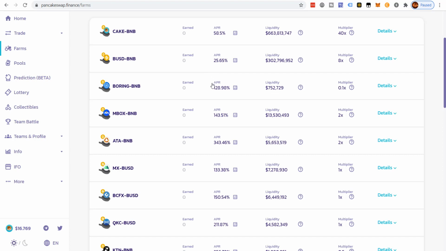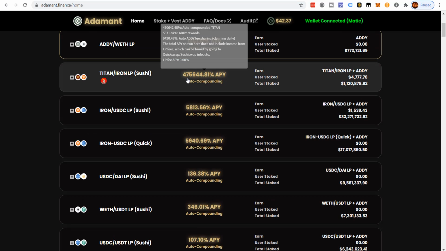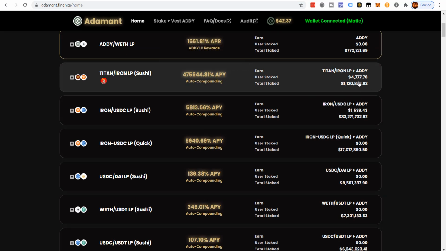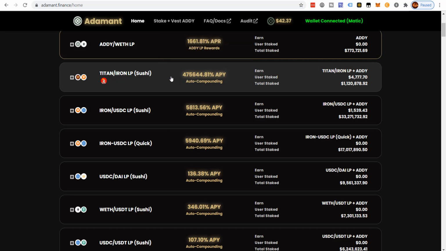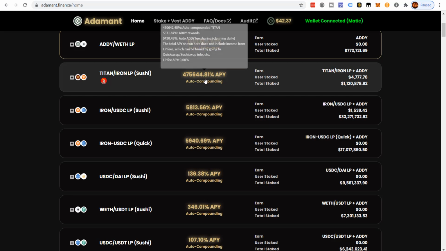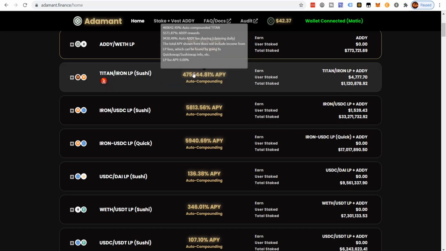By the way, one last thing that I want to make certain that I cover. High APYs or APRs, whatever, don't typically last. You can't count on 5,000% or 400%. In fact, this 475,000%, I'm in this pool. Am I earning good? Yes, but it's primarily because this Titan token is going up in price. That's the main reason I'm earning good. Am I going to make 475,000% APY? Never. If you did the math on what that would turn into, it's never going to happen. There are a lot of reasons. There's things called impermanent loss. There's a lot of dynamics at play.